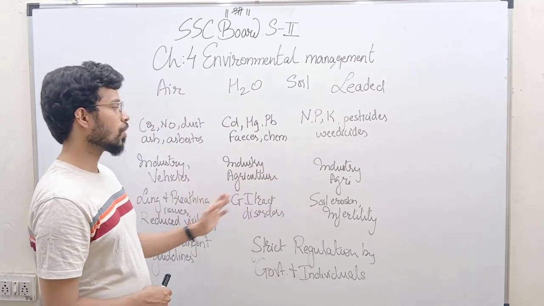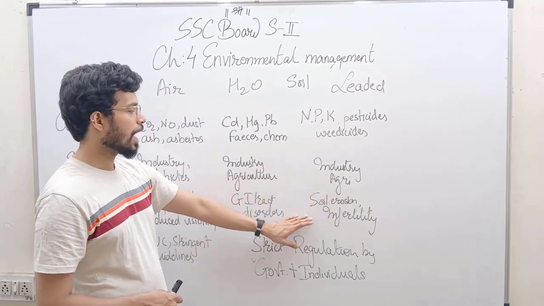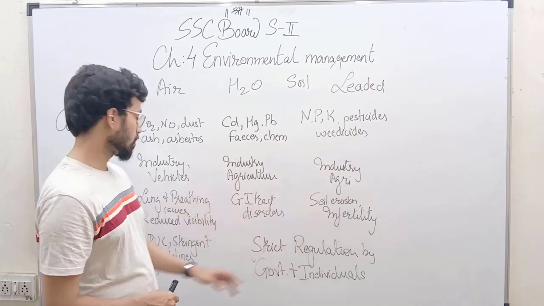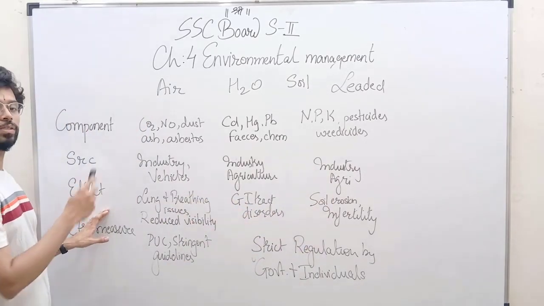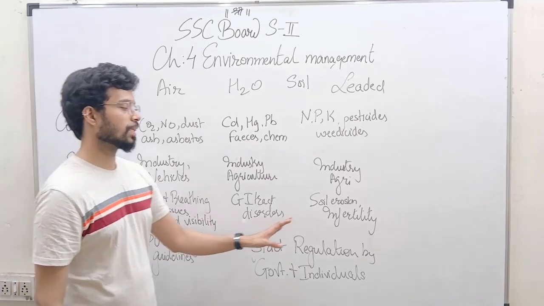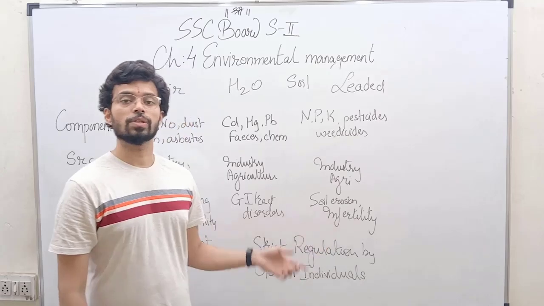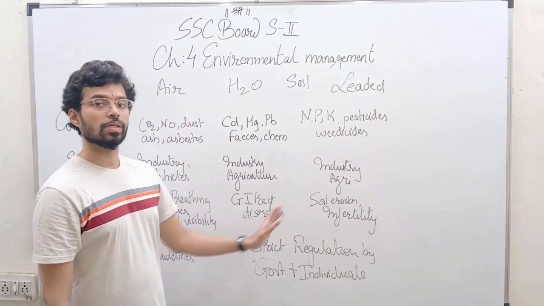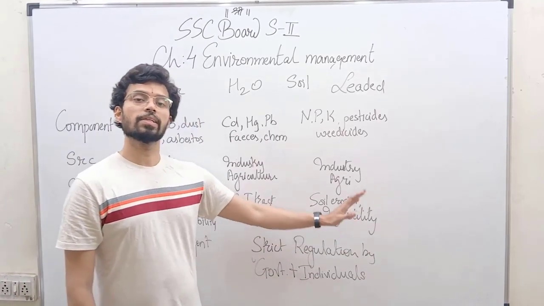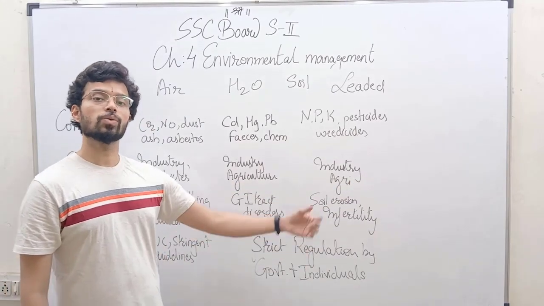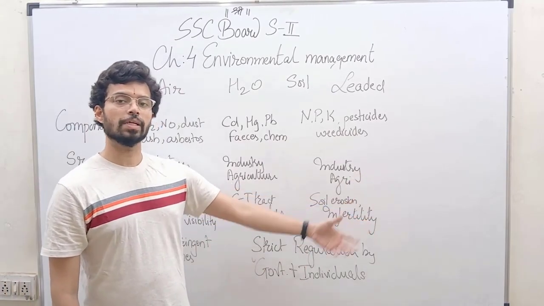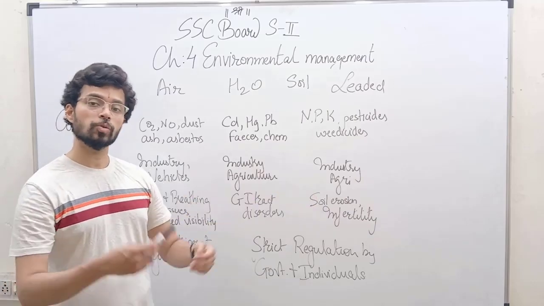So what are the sources? Obviously industry and agriculture. And what are the effects that are caused by soil pollution? It is reduced fertility, that is infertility of the soil, and erosion. Okay, so on and so forth. The soil is contaminated. If your sewage water gets flooded in the field water, it is going to cause harmful coliform bacteria to be irrigated and your crops will imbibe it.